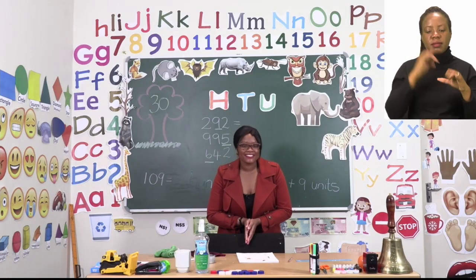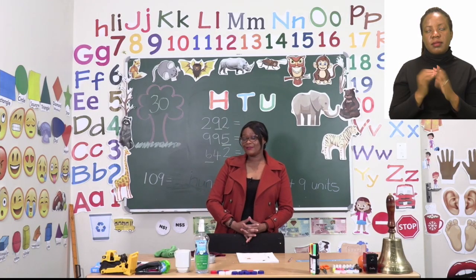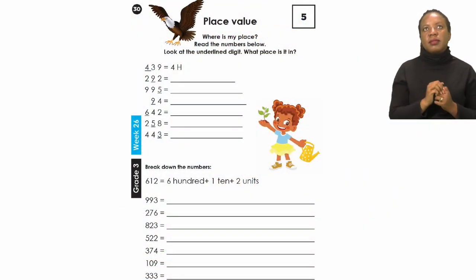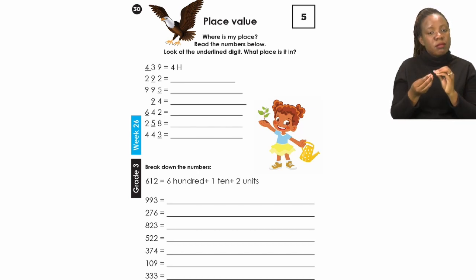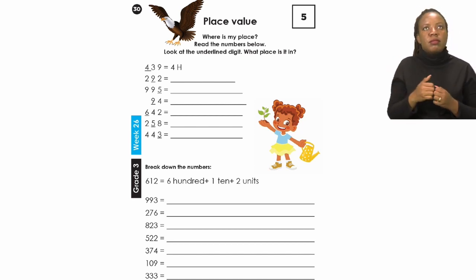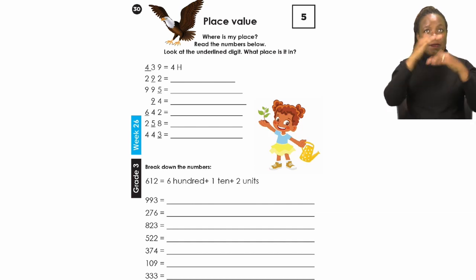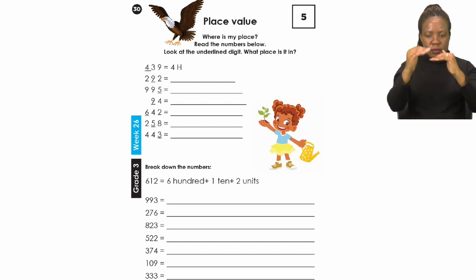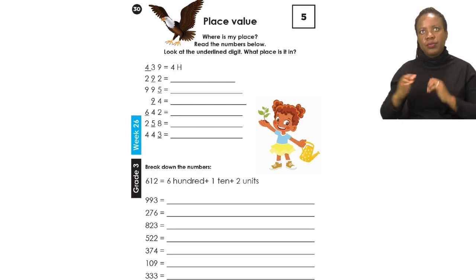For our lesson now, boys and girls, to end, we're going to first go to page 30. On page 30, we are going to be doing place values. Remember, when we talk about place values, we are saying where the number sits. Now, it's going to be our job to place each of the underlined digits in their correct spaces. And then after that, we are going to break down the numbers in their correct place values. So let's take a look at the board.